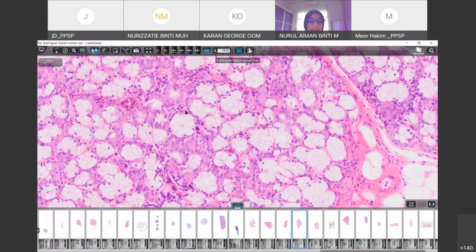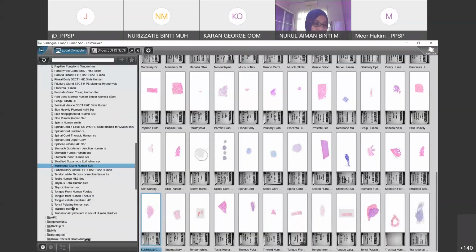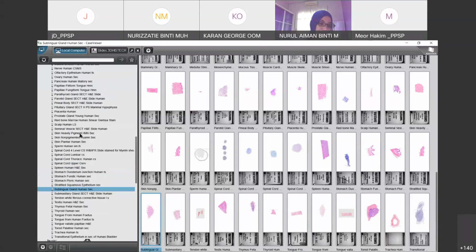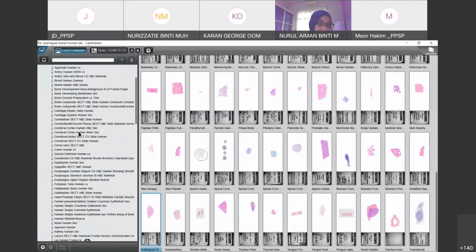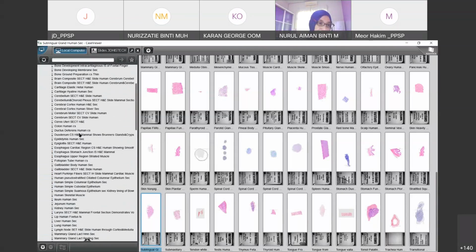Alright, thank you, doctor. Okay, welcome. Do we have any more questions? I think I don't have any more to teach you. You have seen transitional and pseudostratified. There is no more epithelium. These are other structures that will be learned inside the other blocks. We actually have over a hundred slides. So if you don't have any more questions,